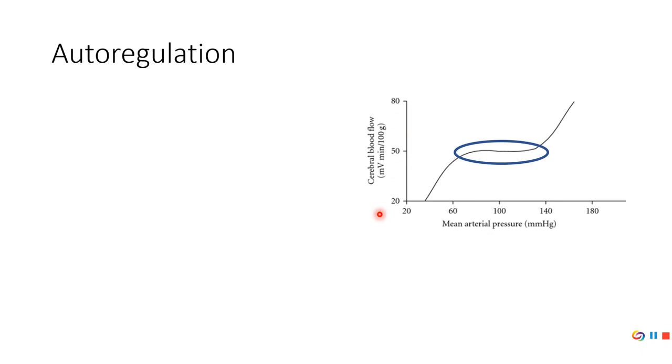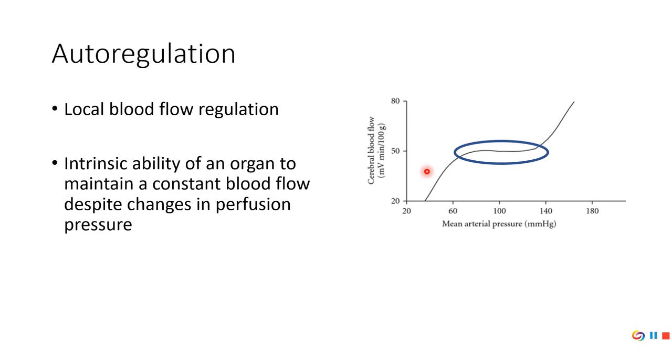Now notice that it says cerebral, so this is talking about the brain, but this is actually something that happens in a lot of areas in the body. Notice that even though pressure goes up, flow stays relatively constant, and we call that constant flow autoregulation. Autoregulation is just the ability of an organ, usually the brain, kidneys, among other places, to be constant despite large fluctuations in pressure.